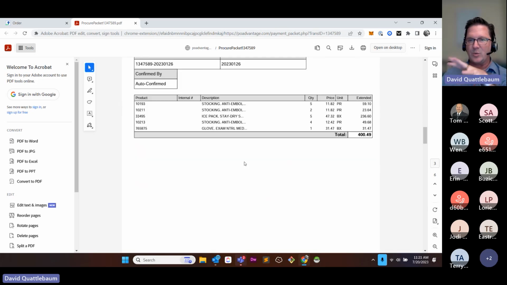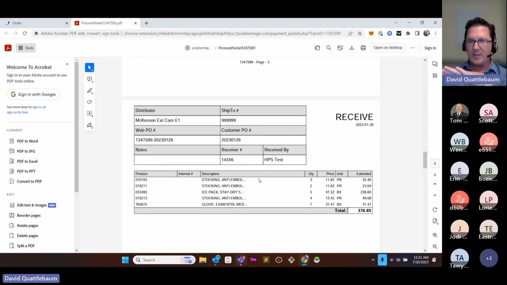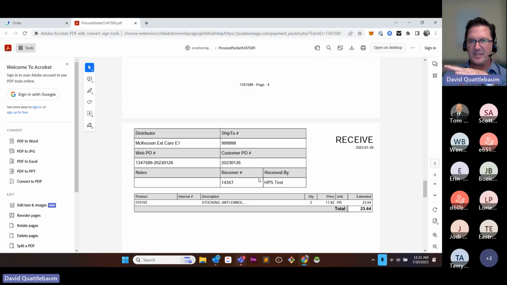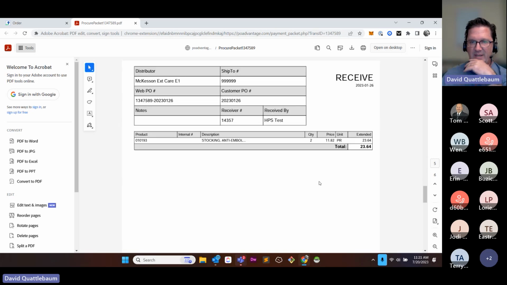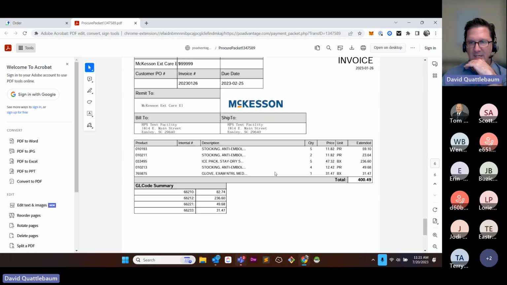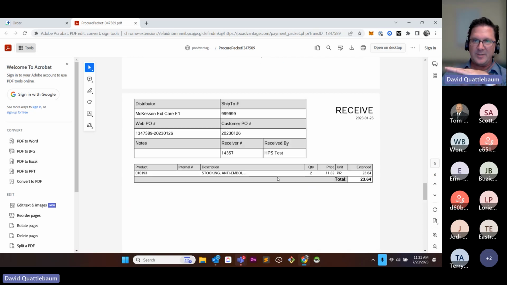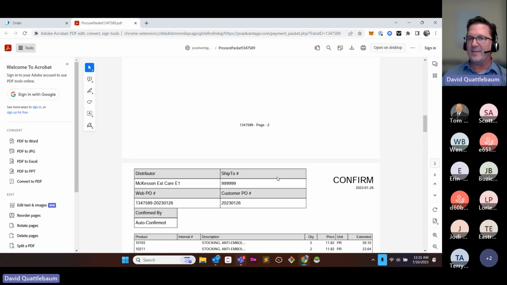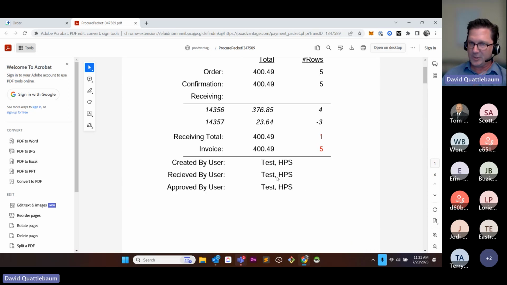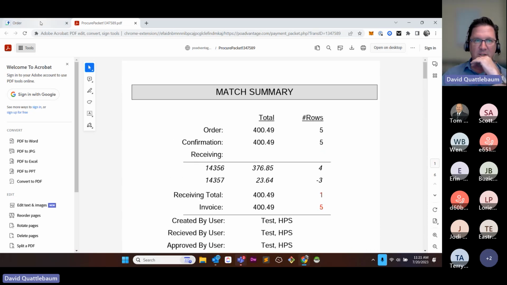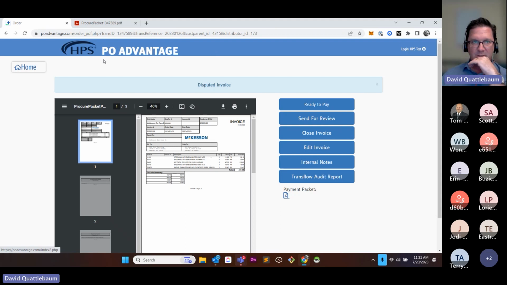Our goal as we're doing this is to be able to bundle all of that information up. And you can see there's the 2 different receivers that we have on this particular one. And here's our invoice. So our goal here is really to be able to send that over with the accounts payable general ledger entries. So we are integrated with multiple systems to be able to do that. And this gives us the capability to be able to send an attachment that shows all of the evidence for